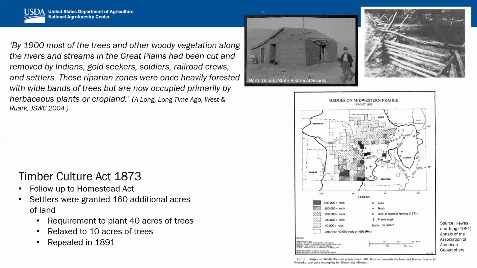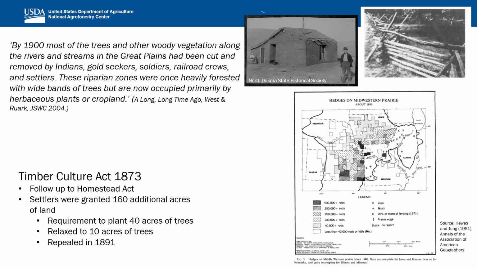So there were also some federal policies that changed the landscape. Of course, the Homestead Act brought people to the area with the promise of free land. There was a Timber Culture Act of 1873, which granted additional land to settlers with requirements of planting 40 acres of trees. And this program turned out to be largely unsuccessful and was repealed in 1891. You can see a picture of a sod house there, which was a fairly common sight for homesteaders